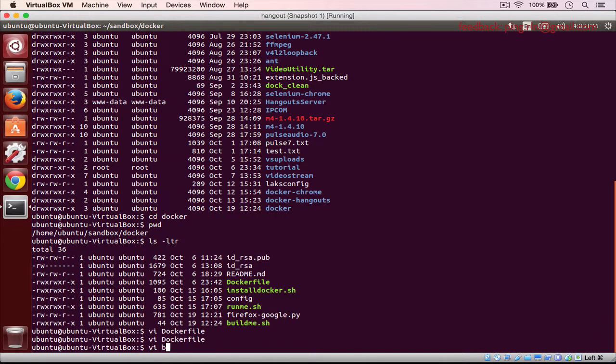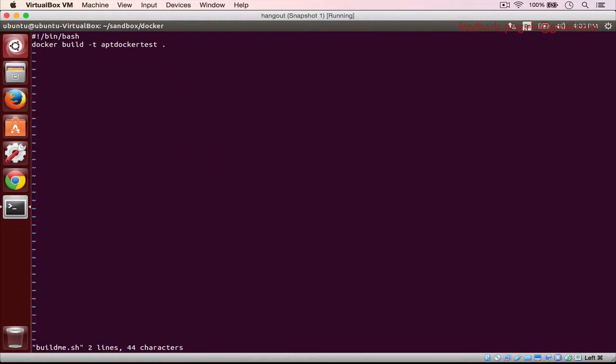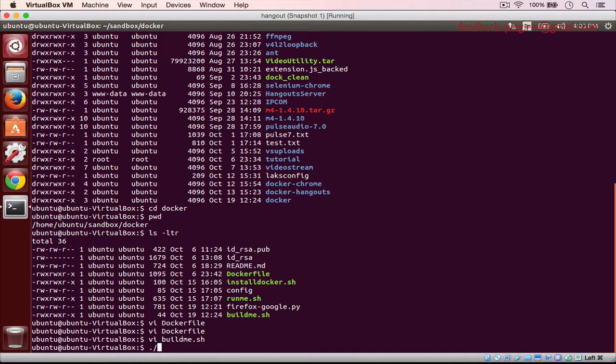Then to build the Docker image, we have something called build.sh. Here I have tried to do a build without the no-cache flag. If you give a no-cache flag, Docker will not use the cache and it will try to build everything from scratch. In this particular example, I have tried to build it from the cache itself. So when I execute buildme.sh,